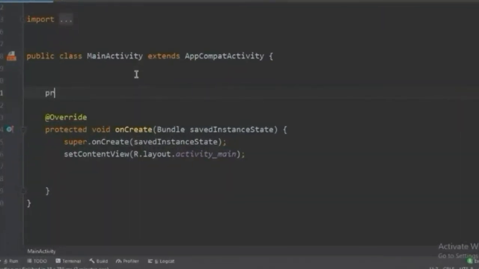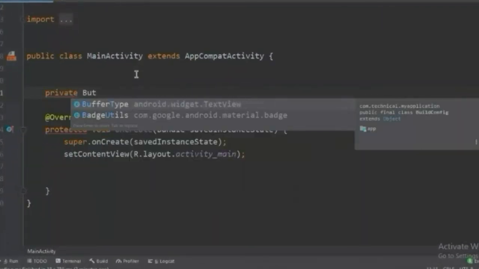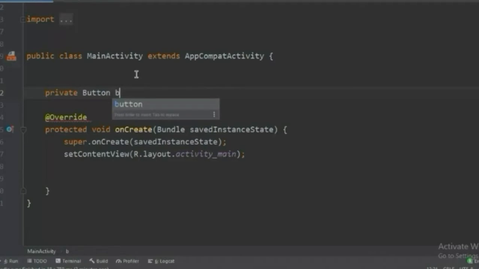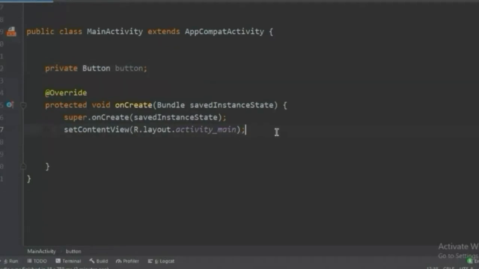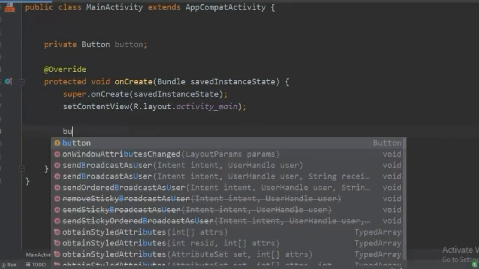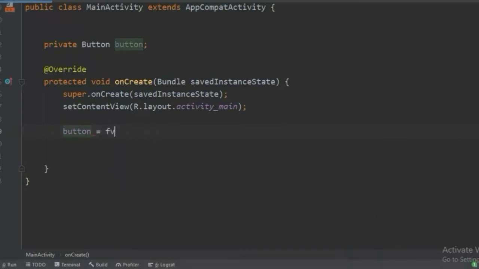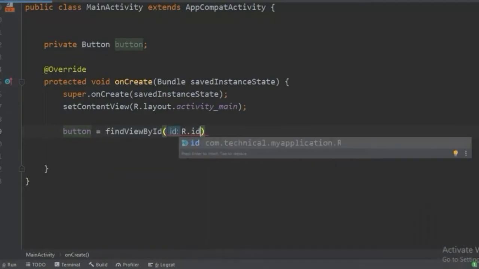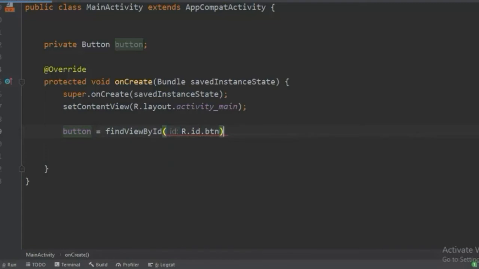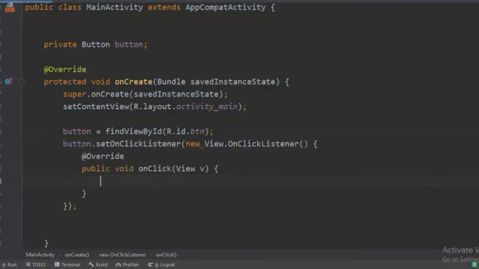Now in our Java file, first we need to initialize our button and assign it to its following ID. So button is equal to findViewById R.id.button. That's the ID that we have given. And now we're going to add an onClick listener to this button. So new OnClickListener.